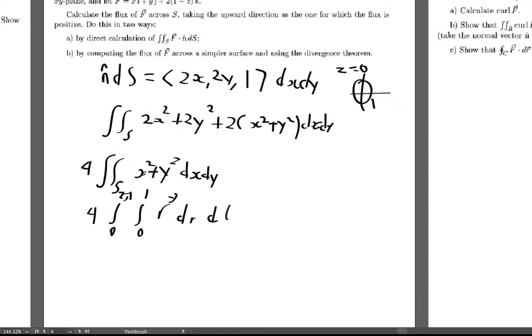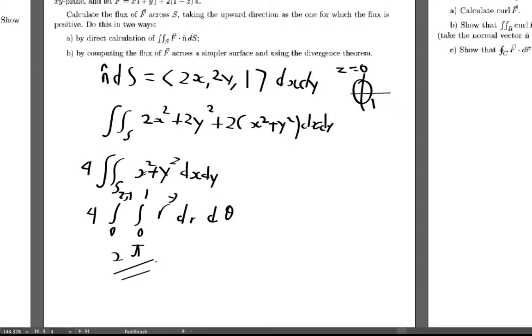So when you compute this, you would get r cubed over 4, which is going to be 1 when you evaluate it. And then you plug in 2 pi. It's going to be 2 pi. That's the answer. But then there is another way, which is by using the divergence theorem, which states that